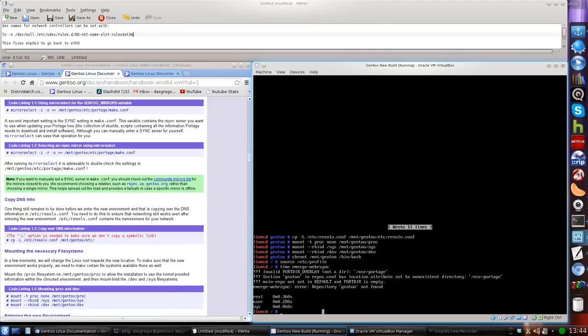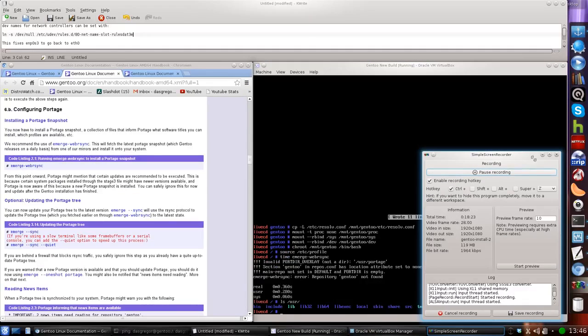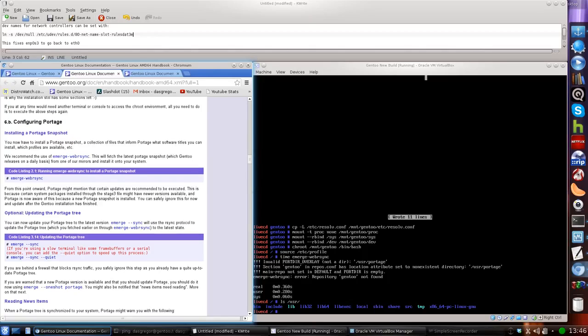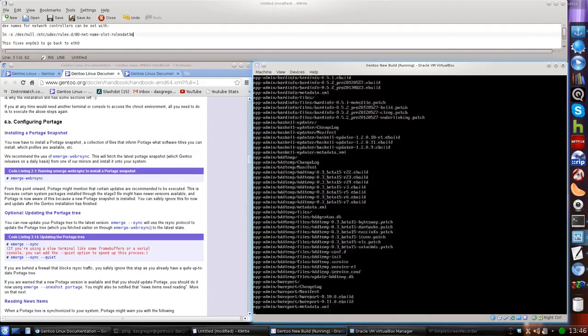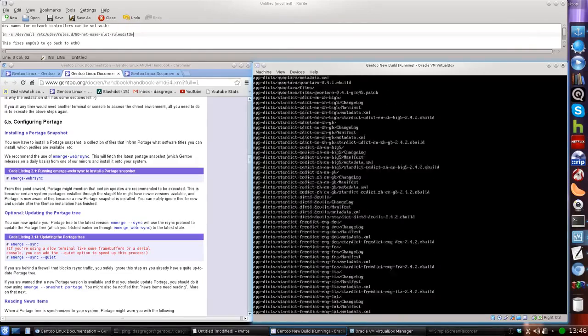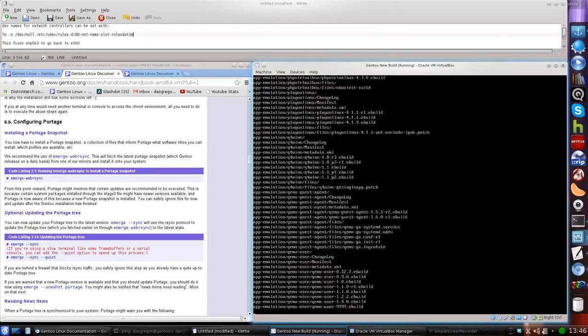I'm going to pause it to make sure that I didn't forget something, because that should not have happened. I didn't see anything that I may have missed, so before I do anything to rectify this, I want to see what happens if I do an emerge --sync. That seems to work okay without any issues. So something might be wrong with the WebRSync program, and I think that maybe if I would have gone ahead,